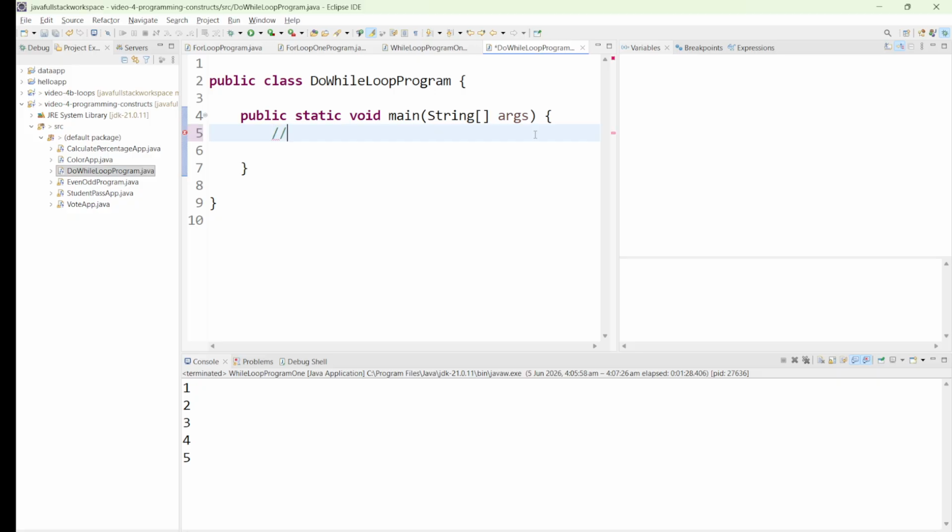Now let us start with the do while. I have a story here. So first is execute, the second thing is check the condition. The difference between the